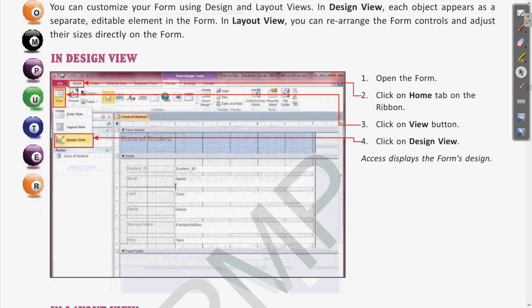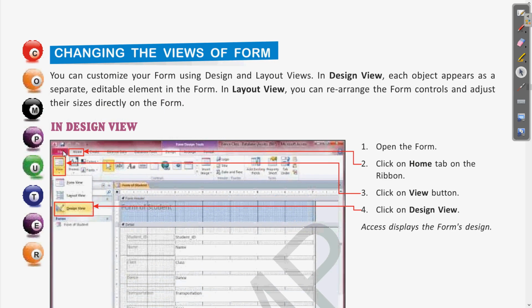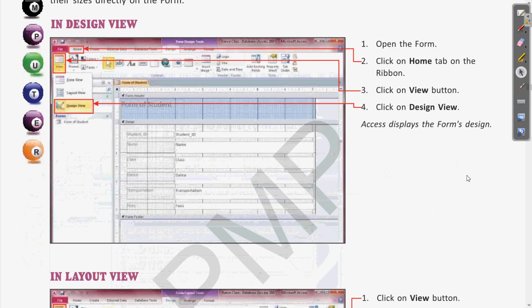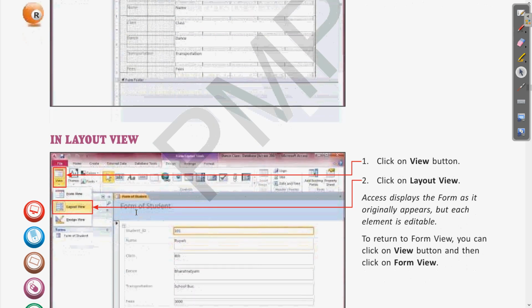Clear? So these are the two views, and we can switch from one view to another by going to the Home tab. In the Home tab we have the View button, and in the View button we can select the design view or the layout view, whichever we want to switch to. Clear? So these are the steps.